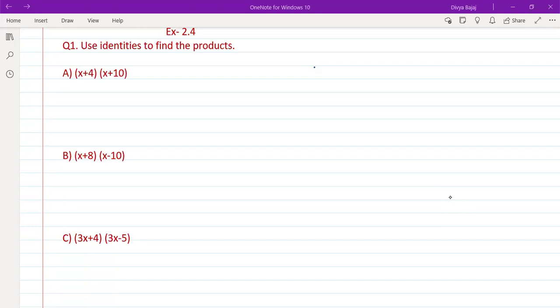You can see that this is the A part, B, and so on. We have to find the product of the given question, but we have to use the identities. Now, if you see the very first question, A part, if you remember in the last video, I have explained the different identities. There was one identity which is (x + a)